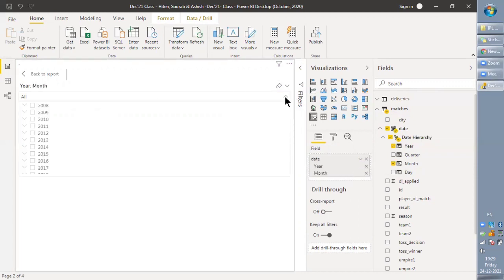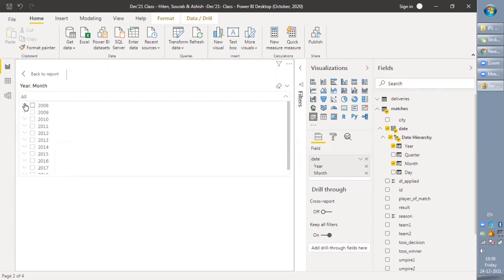Now you can see here, and if I drag drop and click the drop down, then it will show me the month as well. So in which month the match was there or not there, but it will show me all the months. Okay, so there will be double filter here.